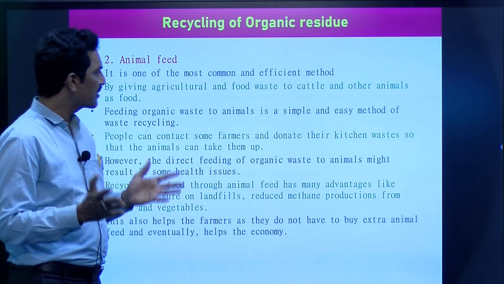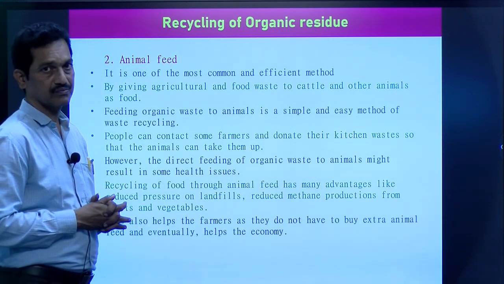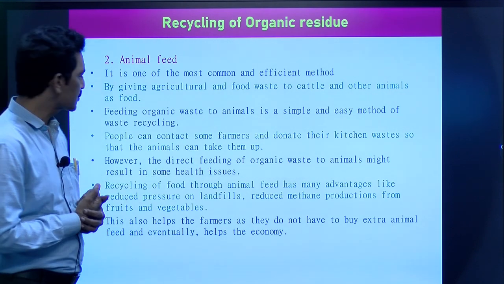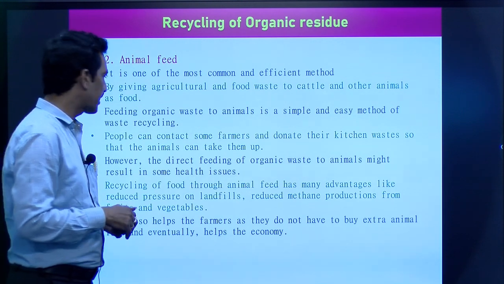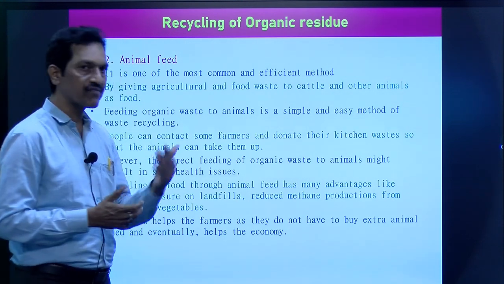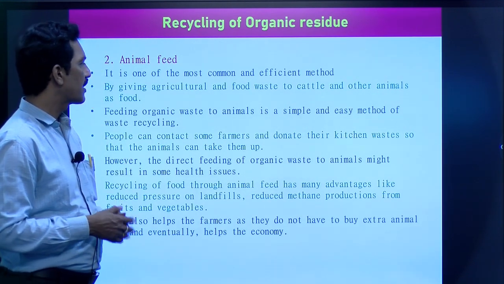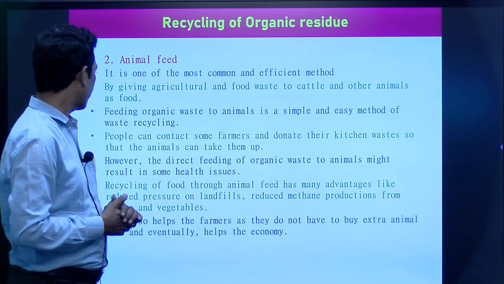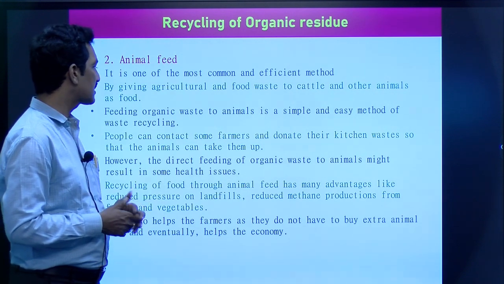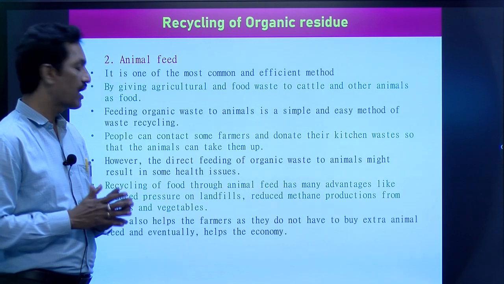However, the direct feeding of organic waste to animals might result in some health issues also. Sometimes, of course, they may get some health issues by taking this organic waste. And recycling of food through animal feed has many advantages, like reduced pressure on landfills and reduced methane production from fruits and vegetables. This is also helpful for farmers as they do not have to buy extra animal feed,